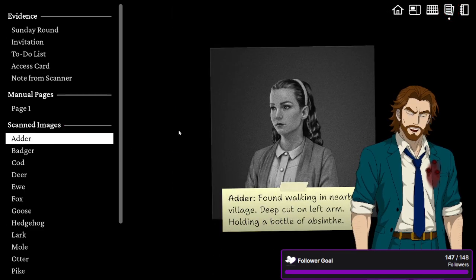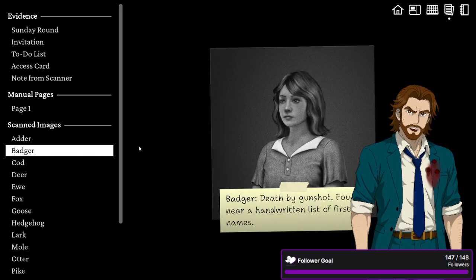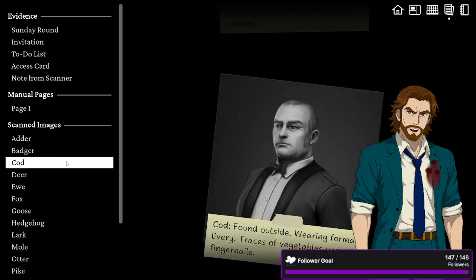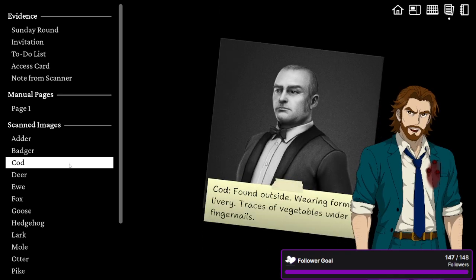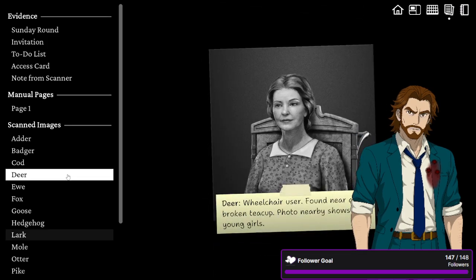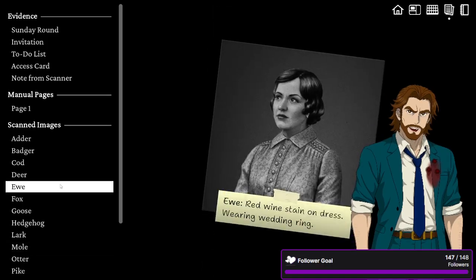Found walking in a nearby village, cut deep on the left arm, holding a bottle of absinthe. Death by gunshot. Found near a handwritten list of first names. Found outside wearing formal livery. Traces of vegetables under fingernails. Wheelchair user found near broken teacup. Photo nearby shows two girls.